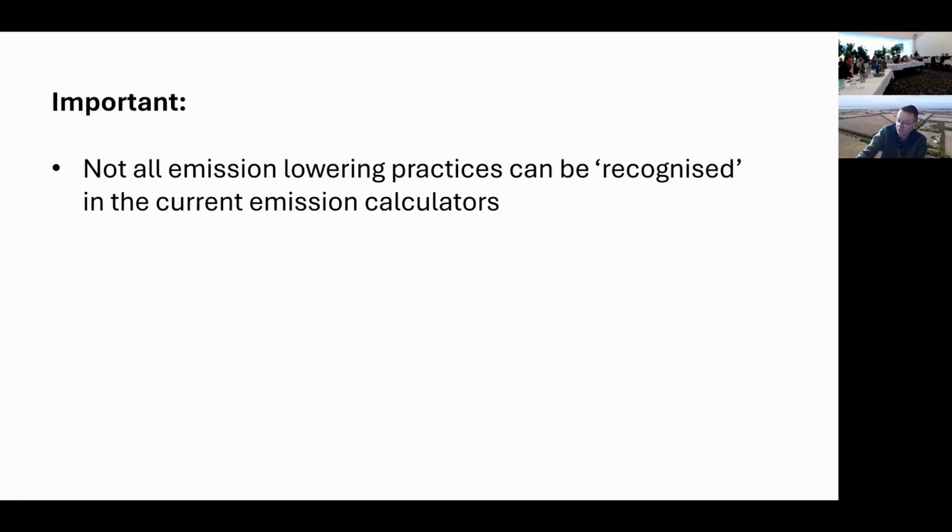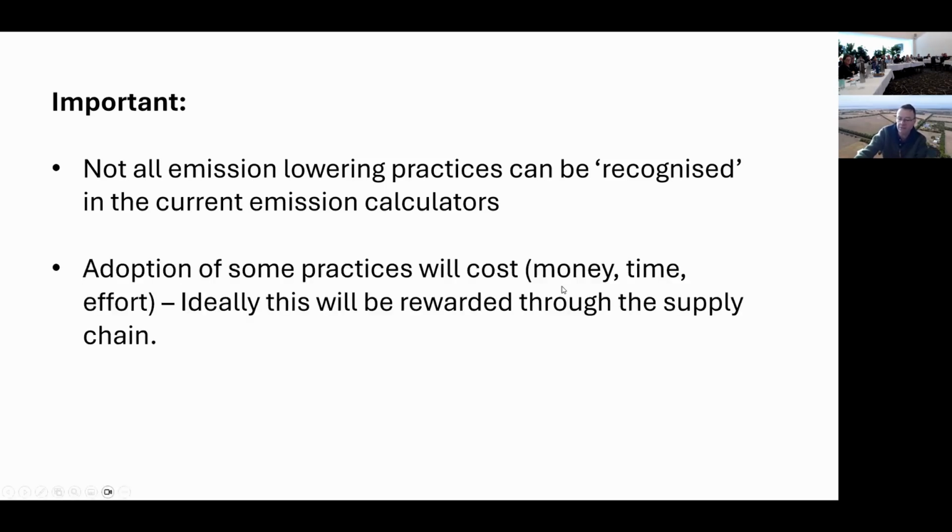accepted standards of reduction. A good example of this is some of the feed additives that are being used. There are lots of studies being undertaken on those at the moment, but they have varying results. They're not always showing the same exact reduction in emissions, for argument's sake. So which value do you use? That's where that scientific rigour and those peer-agreed numbers need to come from before they get included in the calculators. So just recognise that when people start talking about, oh, I'm going to do this or I'm going to do that, having those recognised in the calculators is difficult.